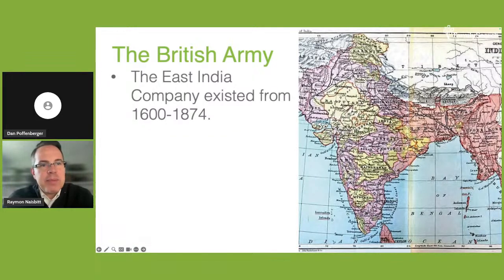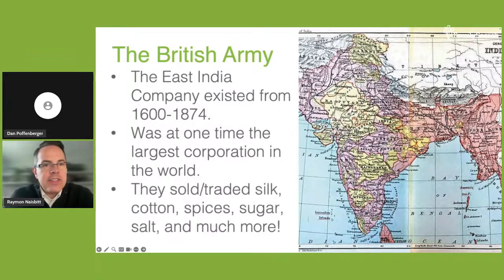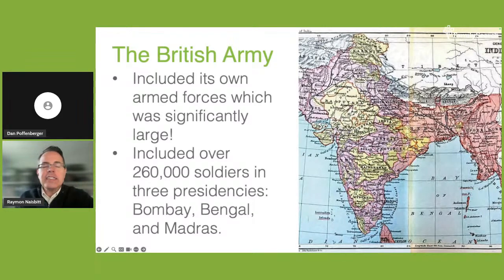So the East India Company existed from 1600 to 1874, almost 274 years, and they have records that were kept. It at one time was the largest corporation in the world, and they were a trading company. So they sold and traded things like silk, cotton, spices, sugar, salt, and much, much more. They'd go over into India, and then they'd go all over the world, and they would sell and trade. What was interesting with the East India Company is that they included their own armed forces, and it was significantly large. It's estimated that they had over